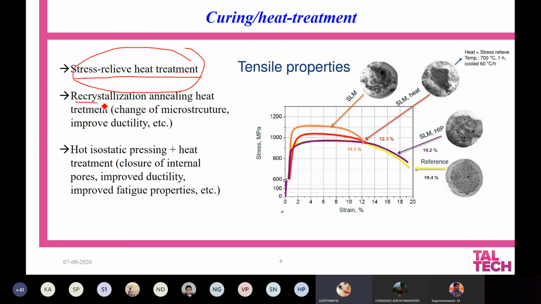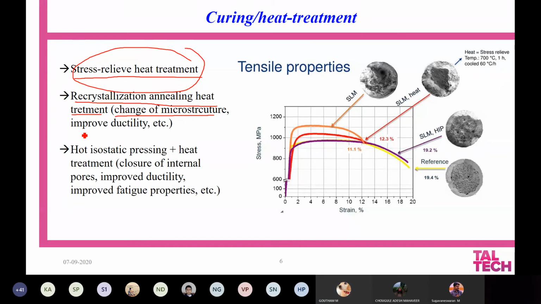If you want to modify the grain size or grain morphology, like recrystallization, you go with an annealing kind of heat treatment. If you want to change the microstructure, if you want to modify the phases, then of course you have to go for thermal treatments.